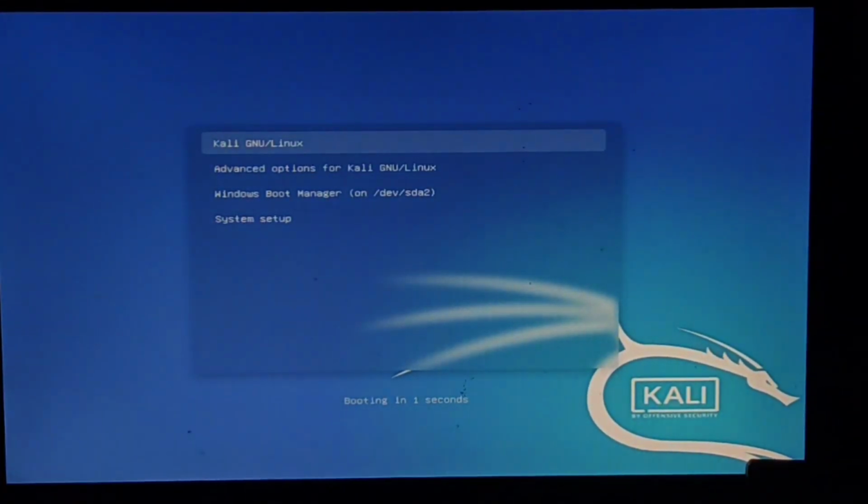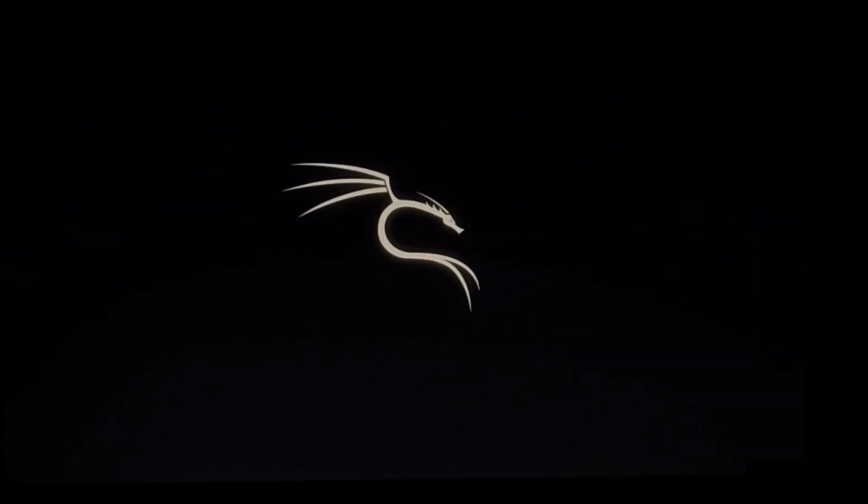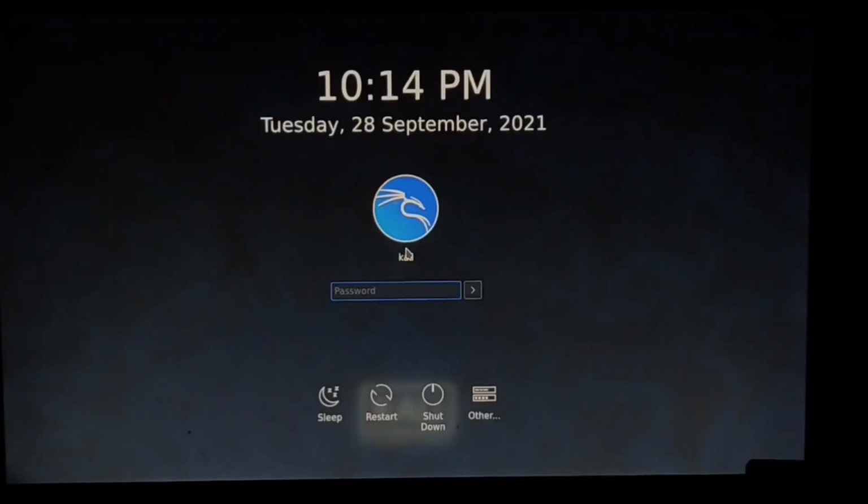Here select Kali GNU/Linux. Here enter the password and hit enter.